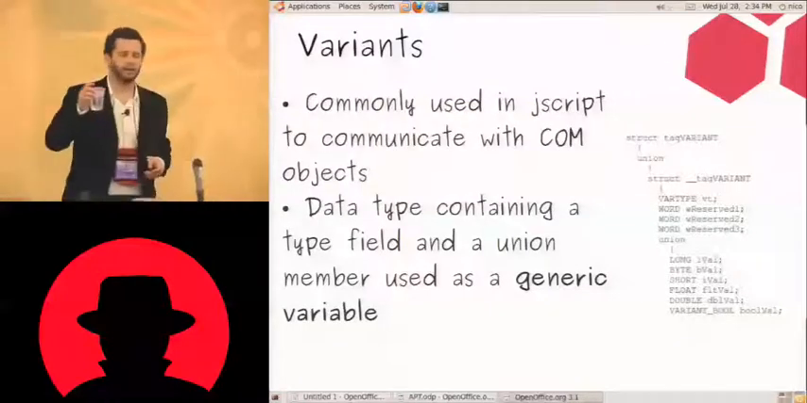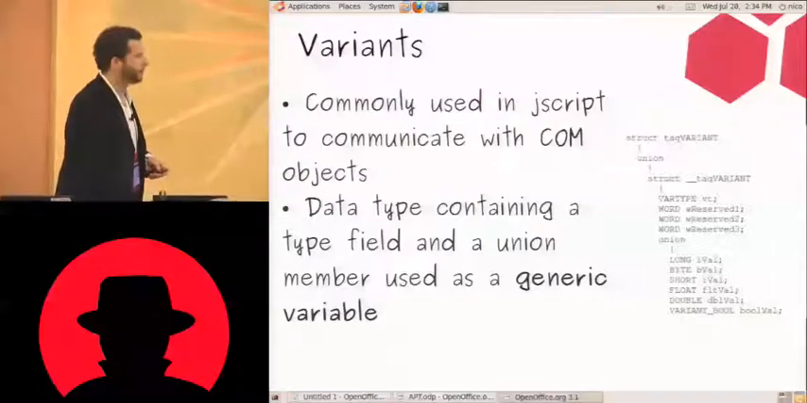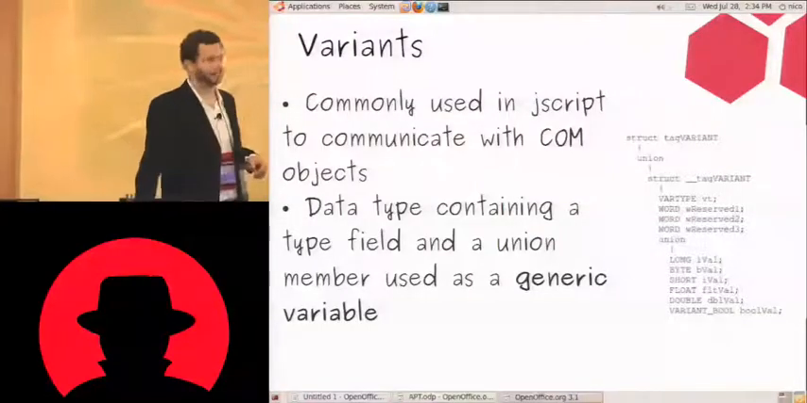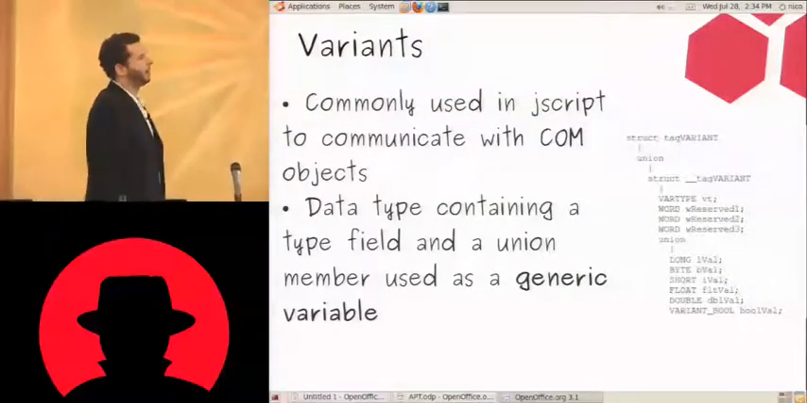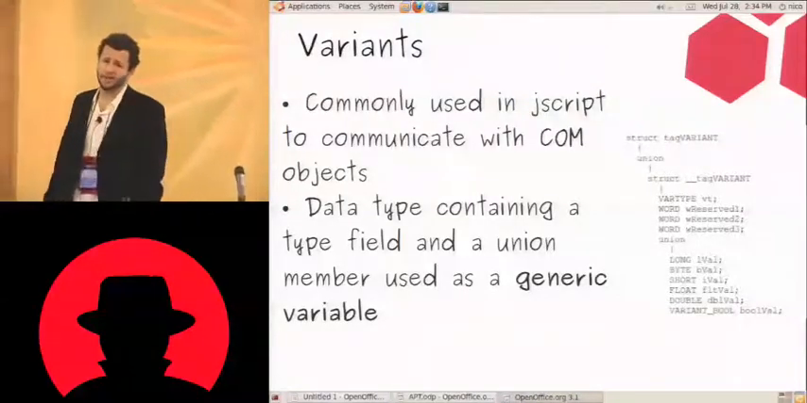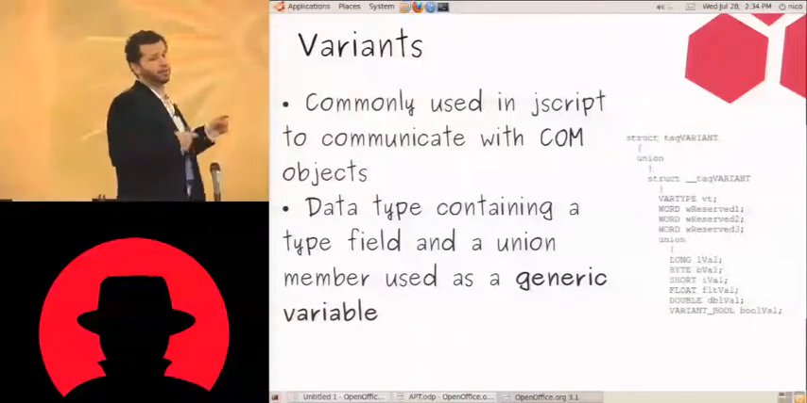So let's speak a little bit about variants, and we will soon get down to business, but we have to go through all the introduction to understand a little bit later. So variants basically are a common way to communicate with COM objects. They're very simple data structures. Basically, it has a small field that says which type of